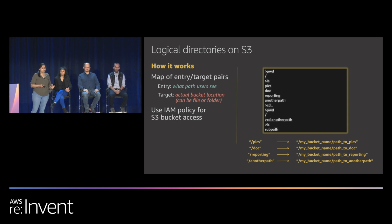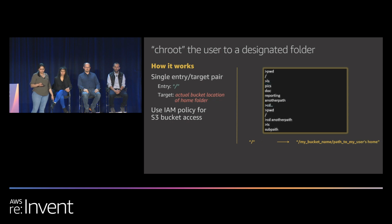So if you see the example that I have here, for example, I have mapped pics, doc, reporting, another path to all these paths in my bucket. But so when my user logs in,